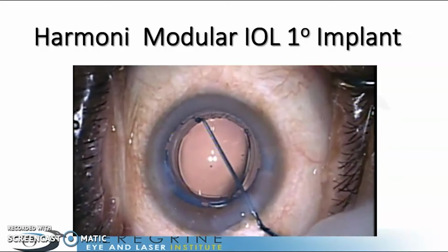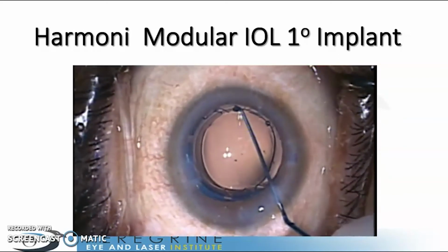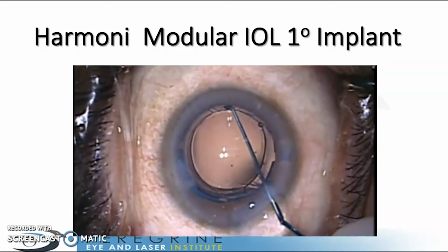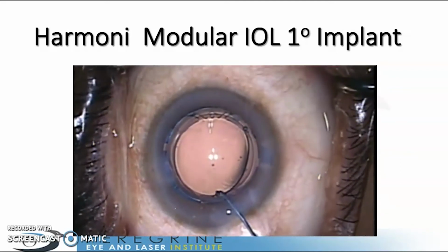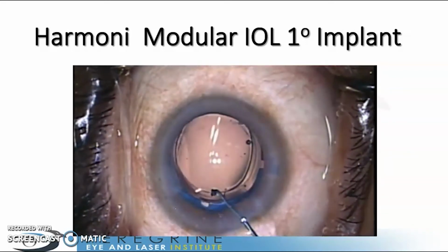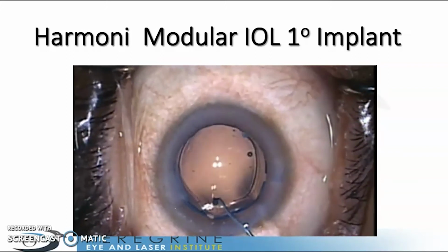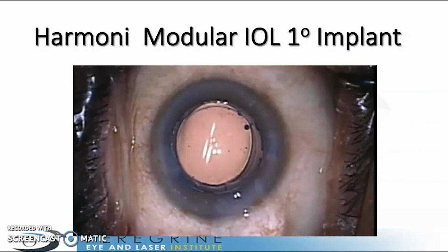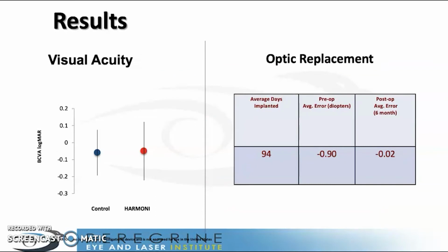Okay, just use regular instruments to do this. And then the trailing haptic has a tail which also very easily attaches into the groove. And once you combine these two, you can actually still rotate this lens, if it were a toric lens, to the optimal alignment position. So we got very good visual outcomes with the Harmony lens, and there was a small